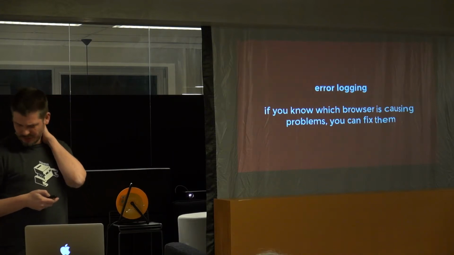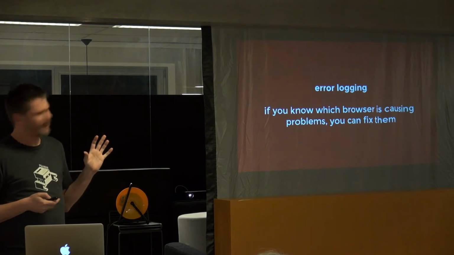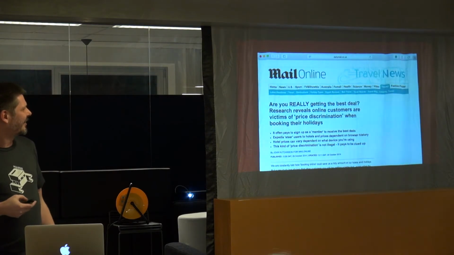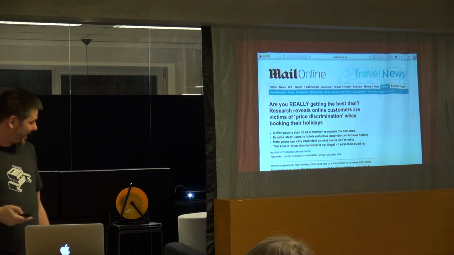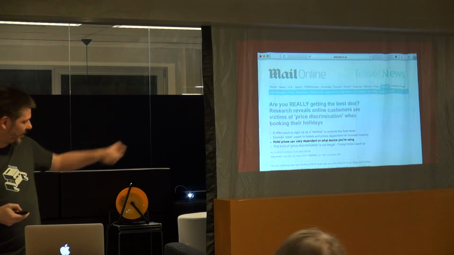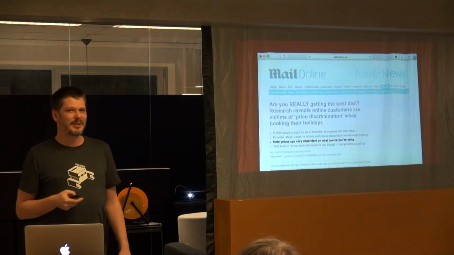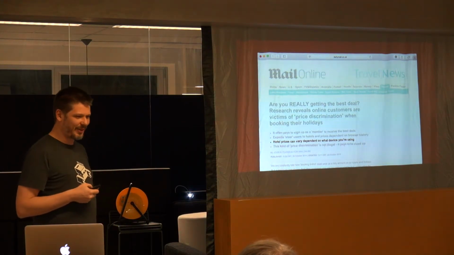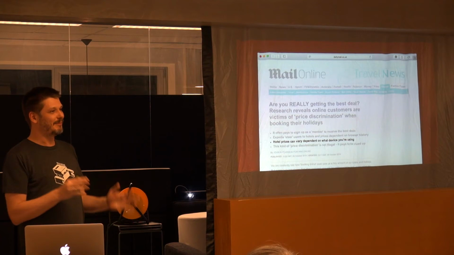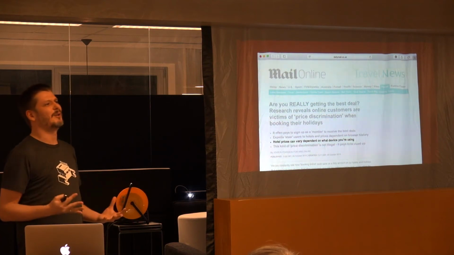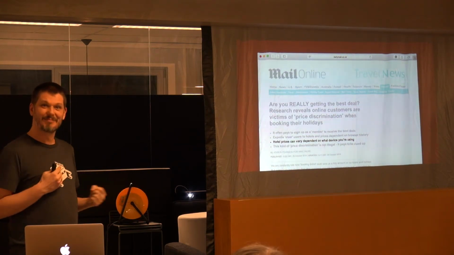And of course, there are also some things that are a bit of a gray area. Well, they're pretty bad, actually. Like this article that appeared on Mail Online a year and a half ago, and there's this one line: hotel prices can vary dependent on what device you are using. So if you try to book a hotel room with an iPhone 6, you're probably going to pay a bit more than somebody with a low-end Android device. And I don't know if that's actually common practice here in the Netherlands. No. Nope.